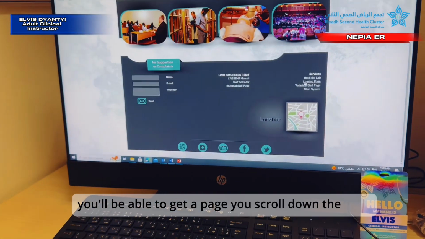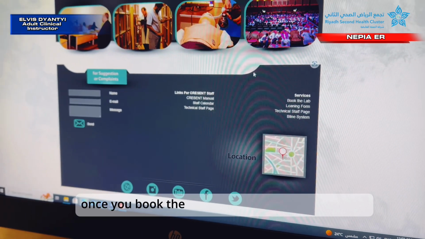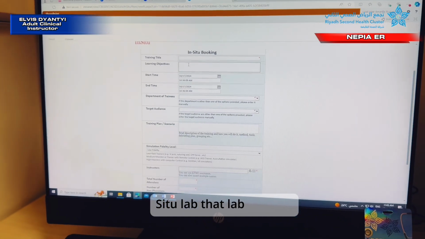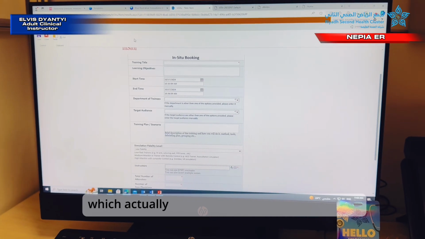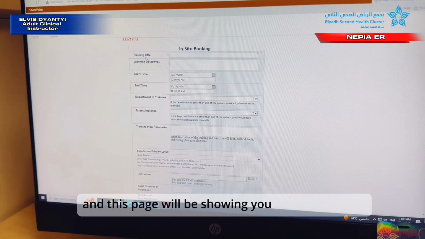You scroll down the page, you'll be able to go to book the lab. Once you book the lab, you'll be able to go to the in-situ lab, that lab booking, which actually will be able to show you this page. And this page will be showing you the training title,